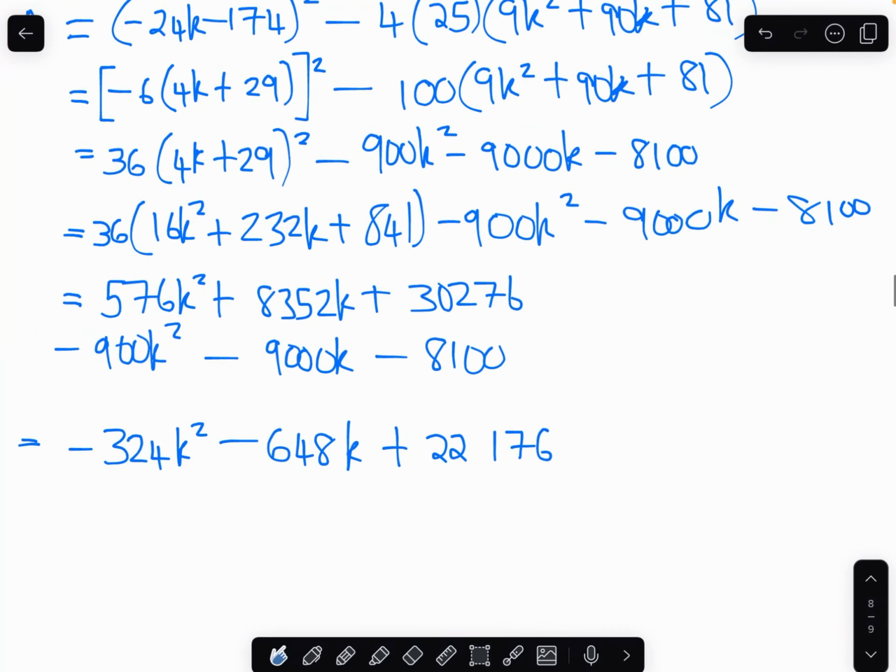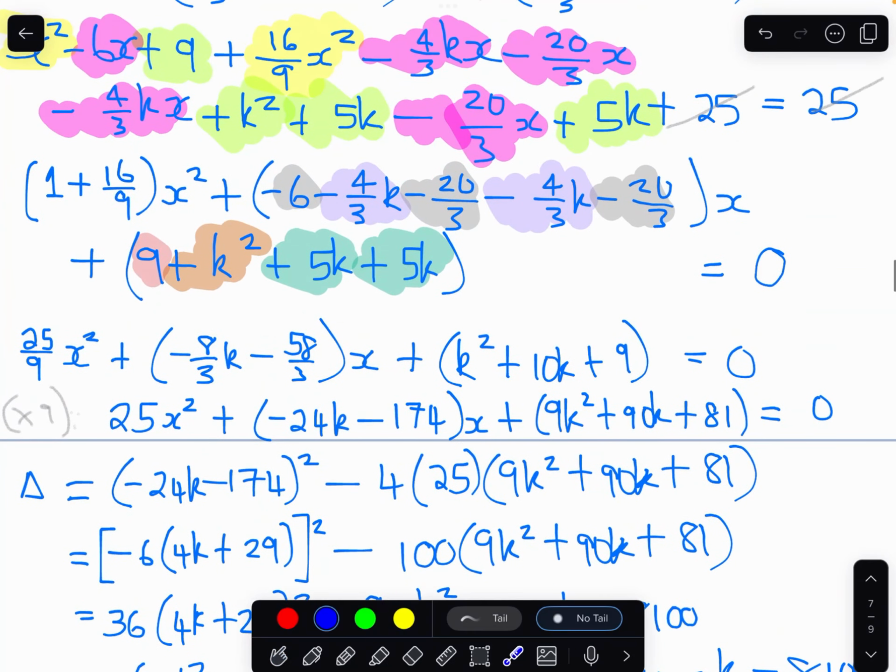If we divided this by 81, yeah, because what we've done here is we've timesed through by 9, meaning that this expression here is 9 times what it would have been, and if I square that, then it's going to be 81 times what it would have been. Likewise here, this is 9 times that, this is 9 times that, so this expression is going to be 81 times what it would have been if I had used